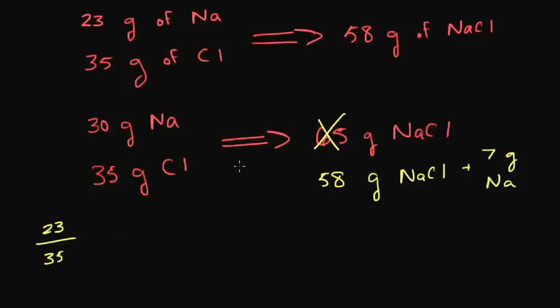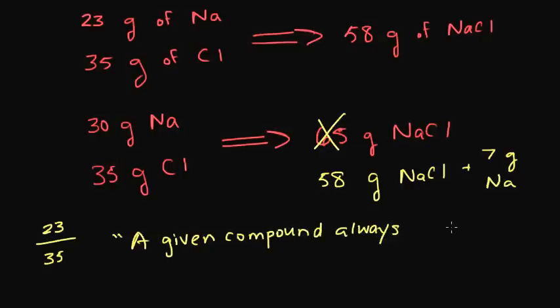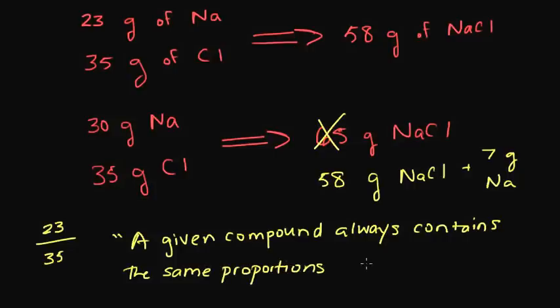And so, as you might be able to guess, what the law of definite proportions states is that a given compound, so in this case we've chosen sodium chloride, always contains the same proportions of elements by mass. And proportions is just a fancy way of saying ratios, and we know our ratio in this case is